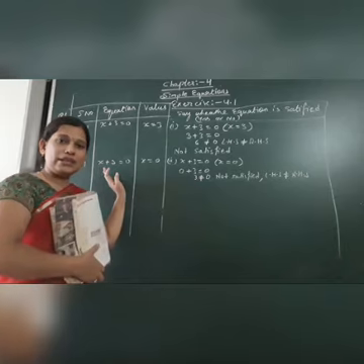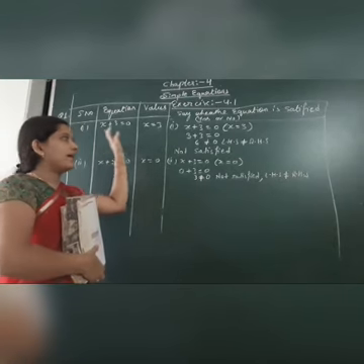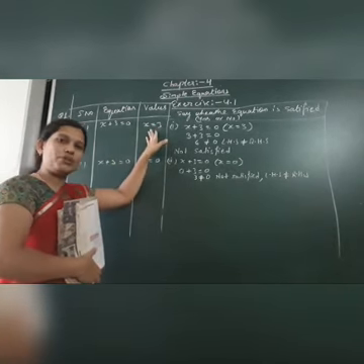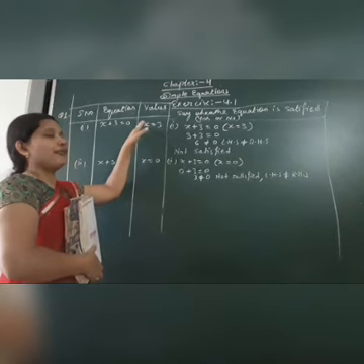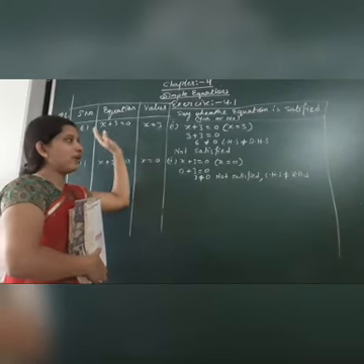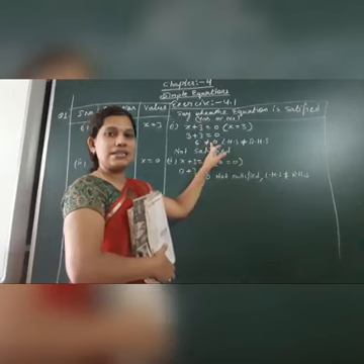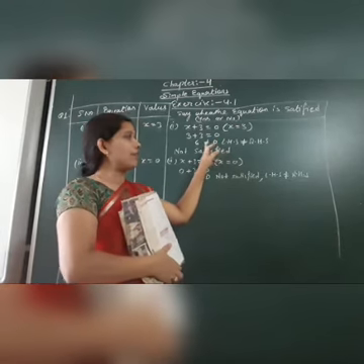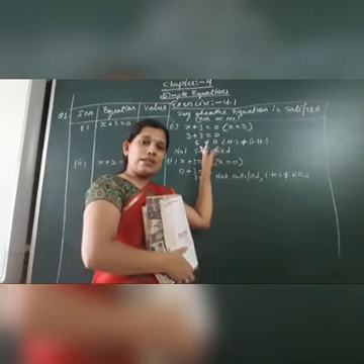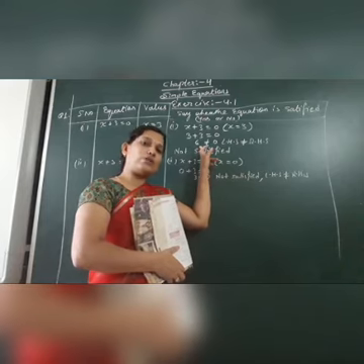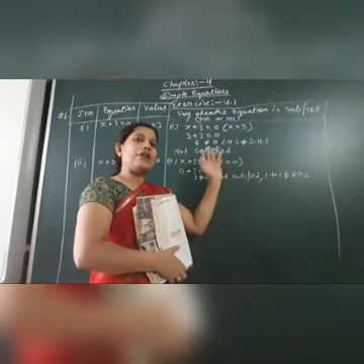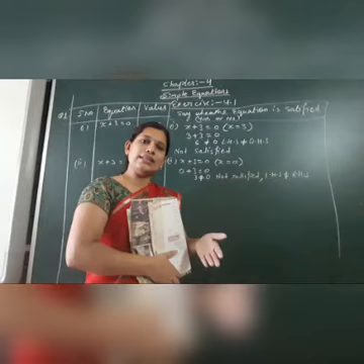A column is given, an equation is given, and its value is given. You have to substitute that particular value of the variable in the equation, and then see whether LHS and RHS come out the same or not. If they are not the same, that means LHS is not equal to RHS, it is not satisfied. If LHS equals RHS, that means it is satisfied.